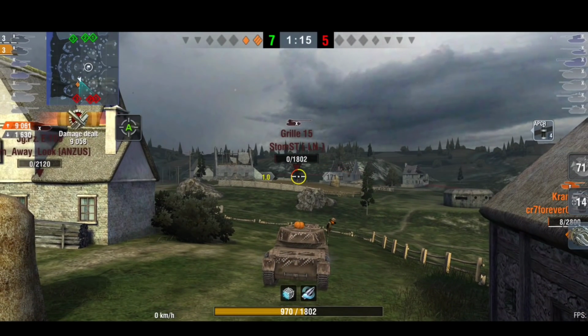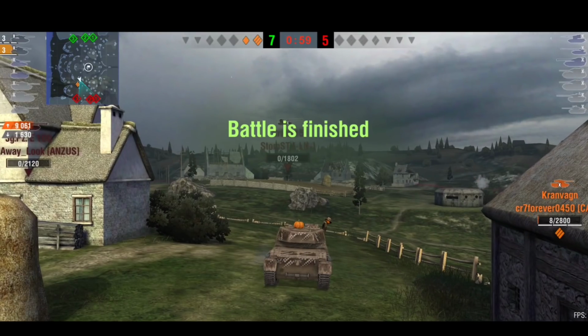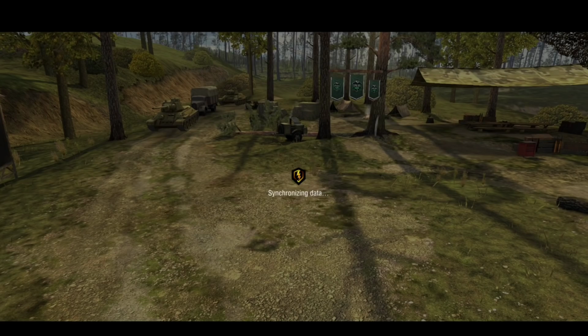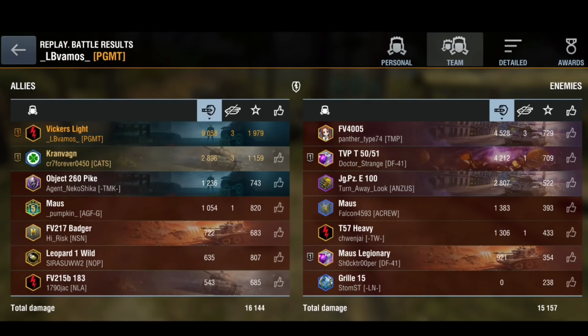So they played well together. They pushed together. They worked as a team. They worked as a platoon. And all in all, yes, there was an AFK, but I thought they played really, really well. Good pushes, good going for the tank that they needed to go for. But also the TVP I thought did really, really well there. Doctor Strange, he did really well, and of course so did the FV4005. So GG there, both of these guys, 9,000 and then almost 3,000, crazy amount of damage,